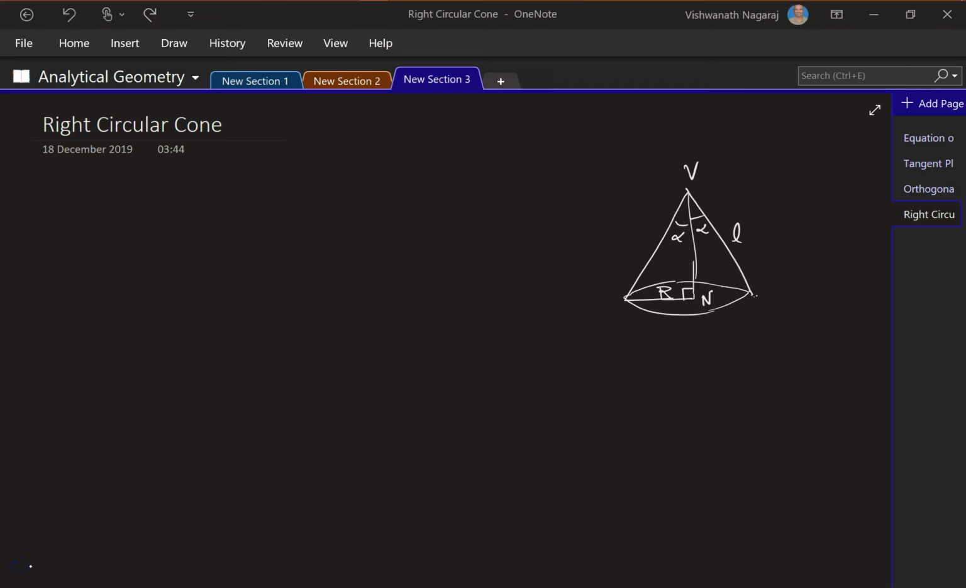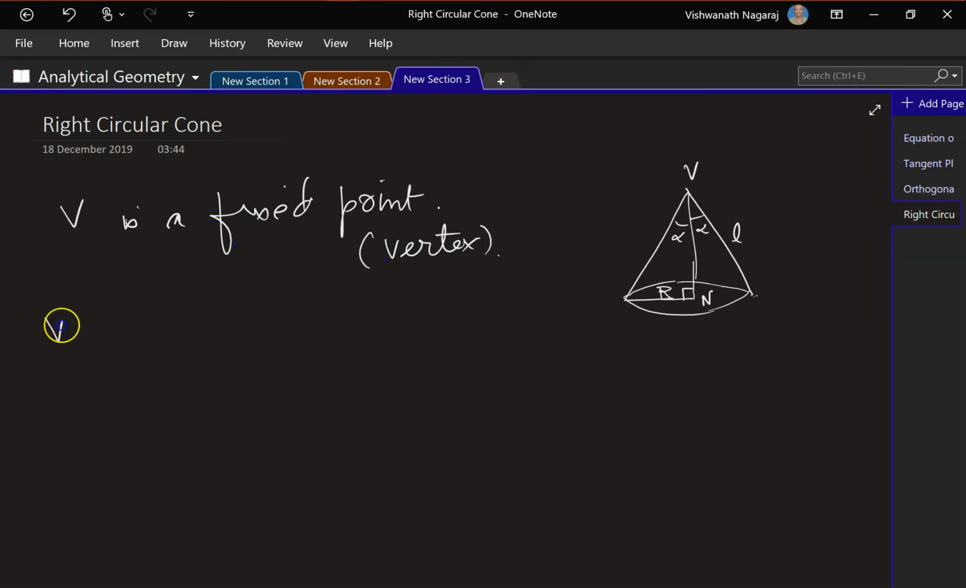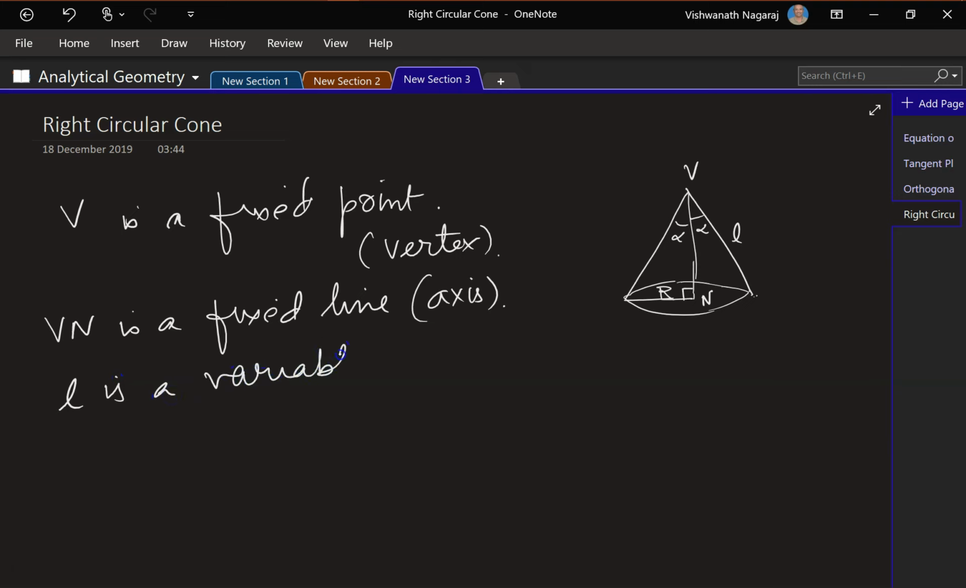Let's look at right circular cones. We know what a cone looks like, and we have already looked at this in previous studies. So now let's say V is a fixed point called the vertex. Vn is a fixed line called the axis. L is a variable line through V, making a constant angle,